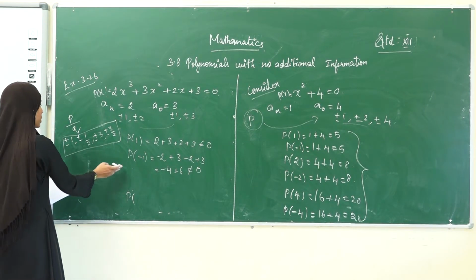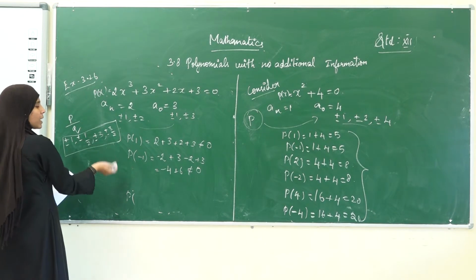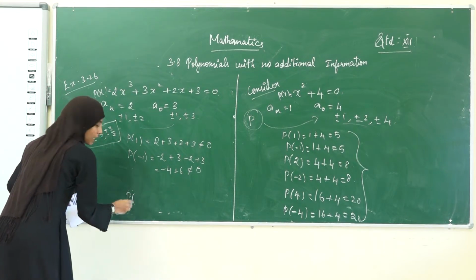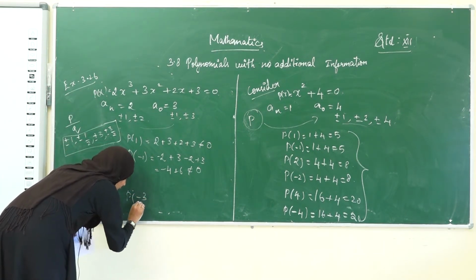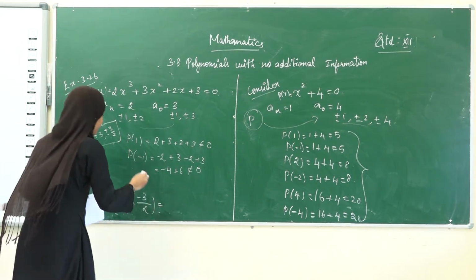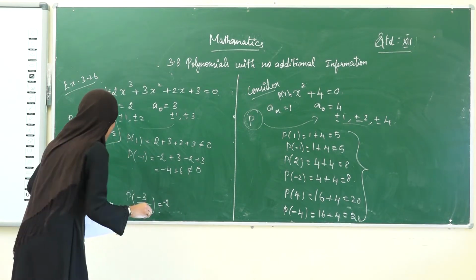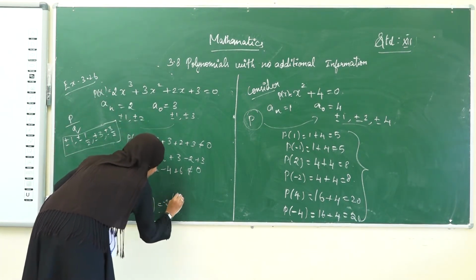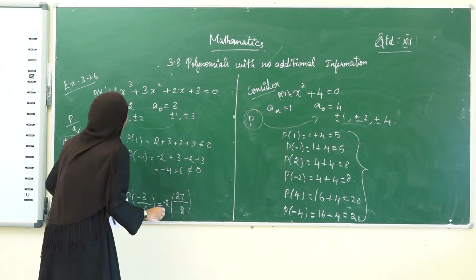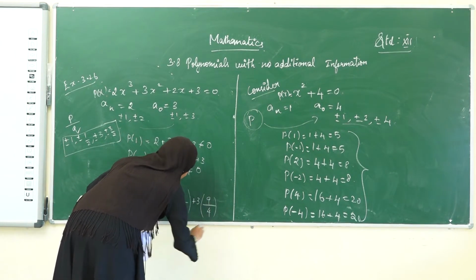It's very easy. We have to substitute plus 1 by 2 and then again minus 1 by 2, and again plus 3 and again minus 3. We have to substitute 3 by 2 and minus 3 by 2. I'm just skipping the steps and coming to the last term, minus 3 by 2. When substituting this, 2 into x cube, 2 into minus 3 by 2 cubed is minus 27 divided by 8, plus 3 into 9 divided by 4.